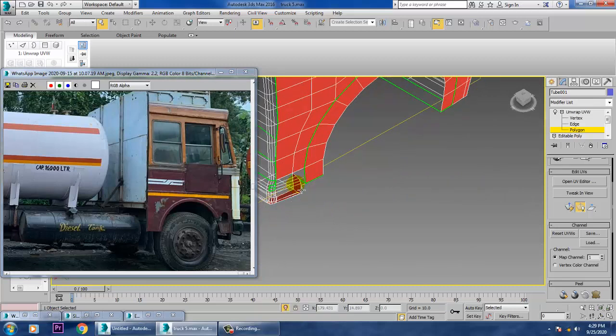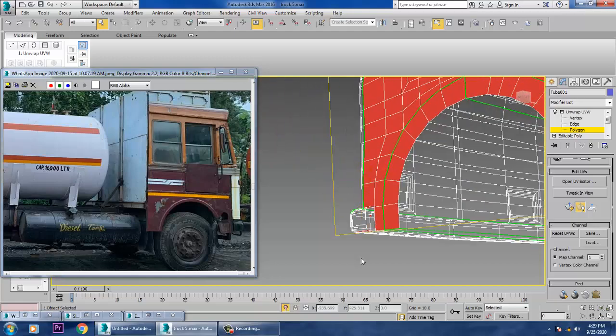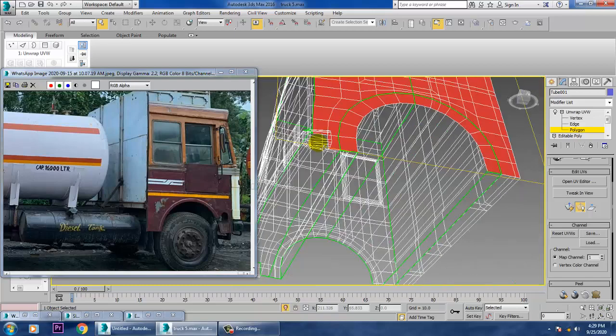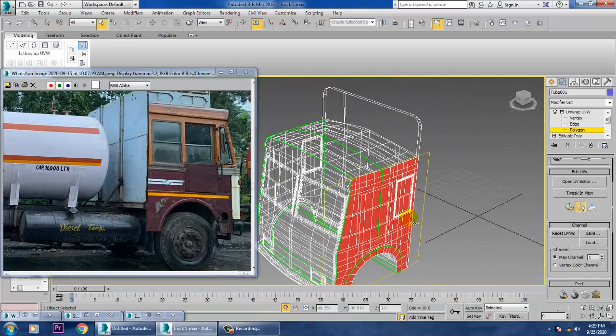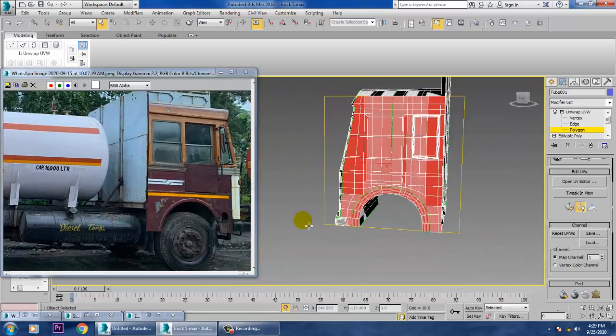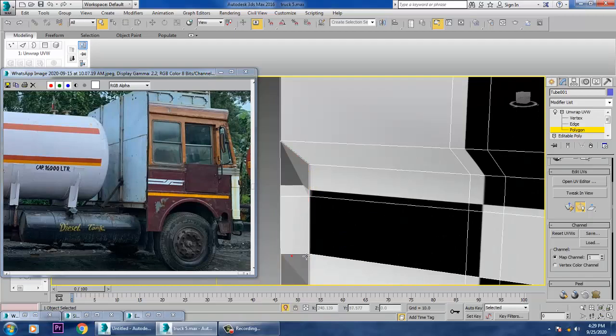Exclude it. Alright. So make sure you are selecting the right selection. See, this extra selection has been there.